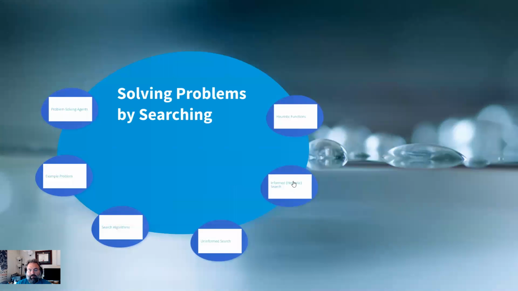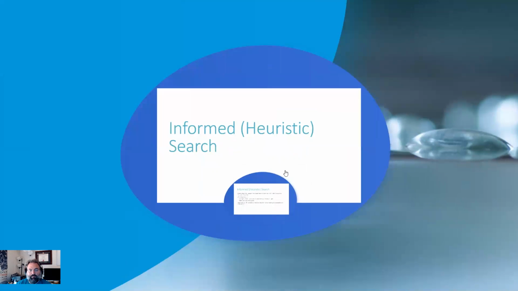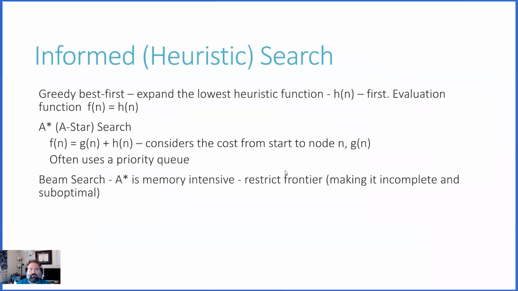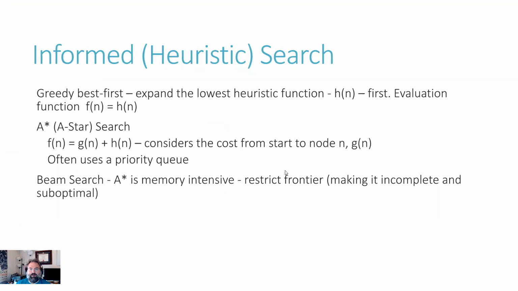So, drilling in: if there's uninformed, there must be informed. So what does informed mean? Well, it really means heuristic. A heuristic is nothing more than a rule of thumb. It's some sort of approach that says, okay, this is likely going to be a good approach. There are various well-known ones, such as the A-star search, which considers the cost of each node, plus a heuristic function to figure out what might likely be best. It's as simple as adding those two things together to figure out which way you want to go.